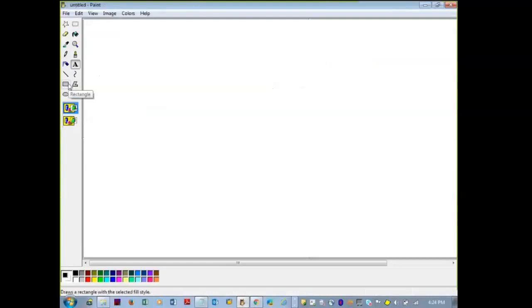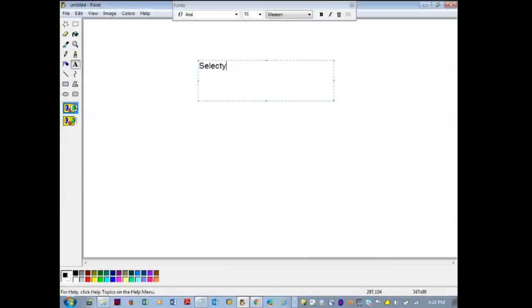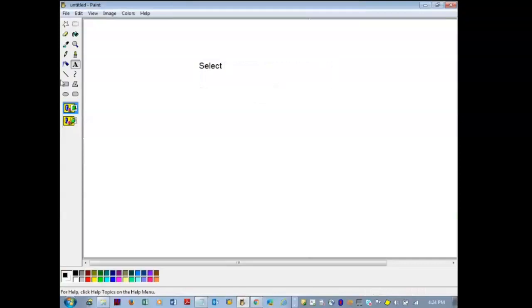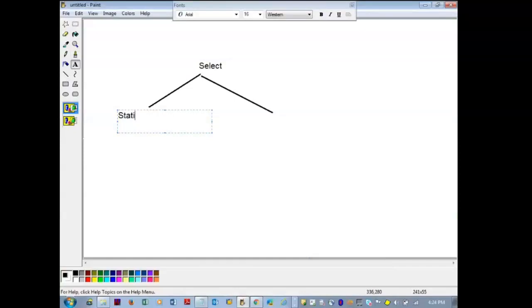From the perspective of how you see the select control and the values populated inside, there are two types of select controls: static and dynamic.